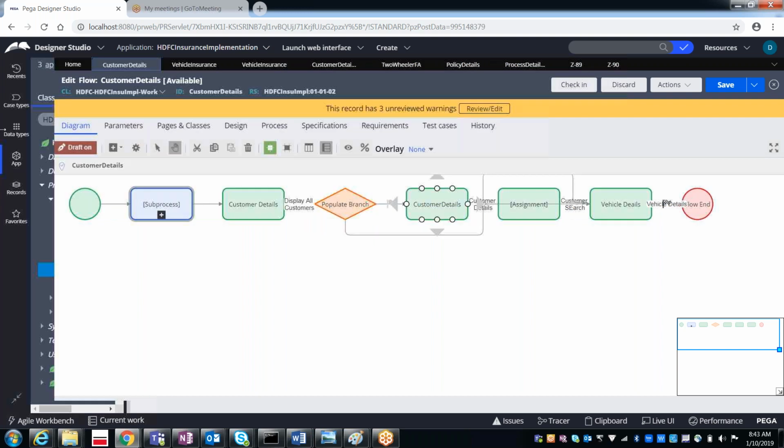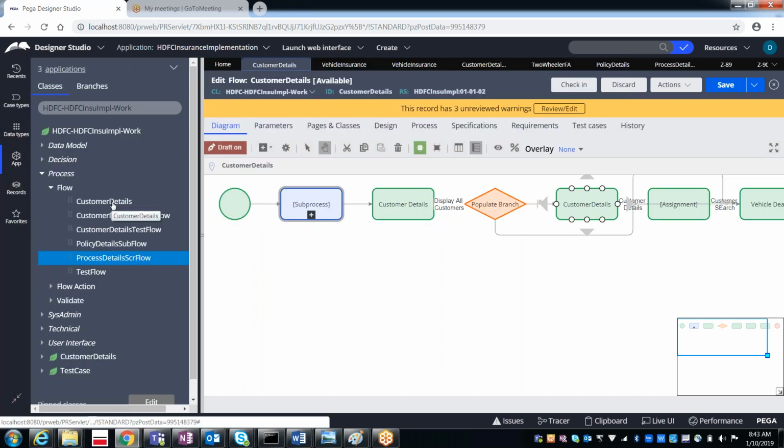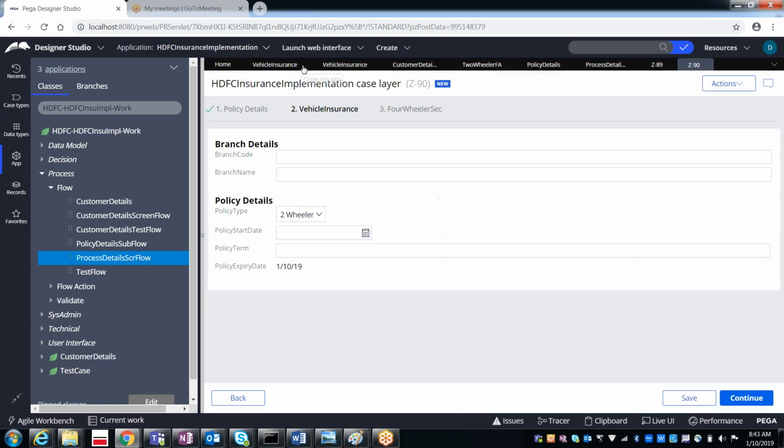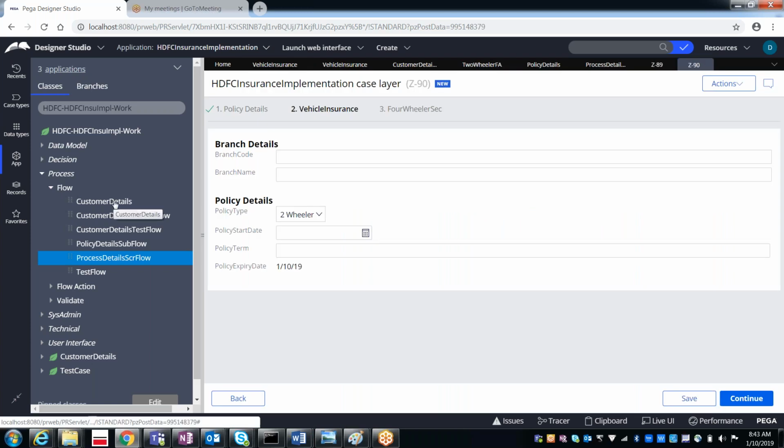Generally, from the flow, if I click on customer details, what will it open? If I click on customer details, which version will it pick, 010101 or 010102? It will pick 010102. Exactly.